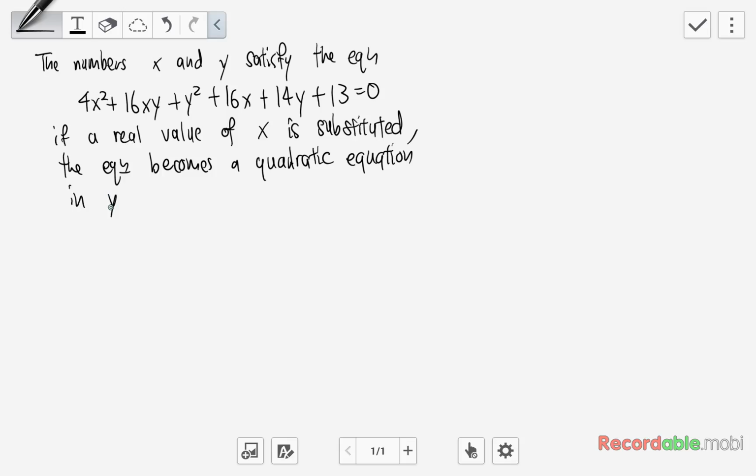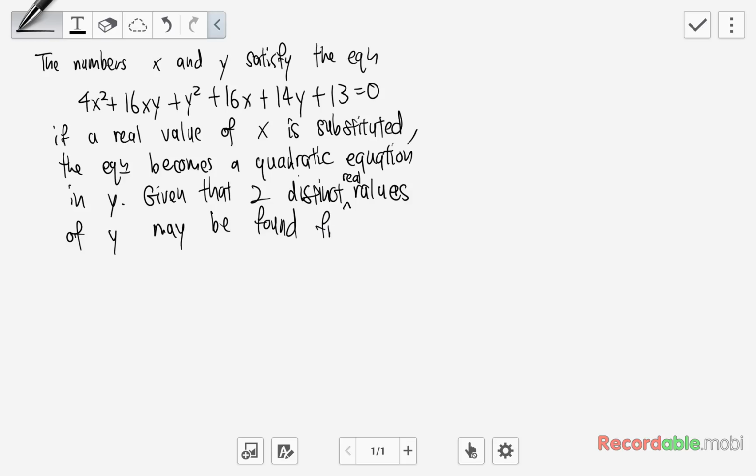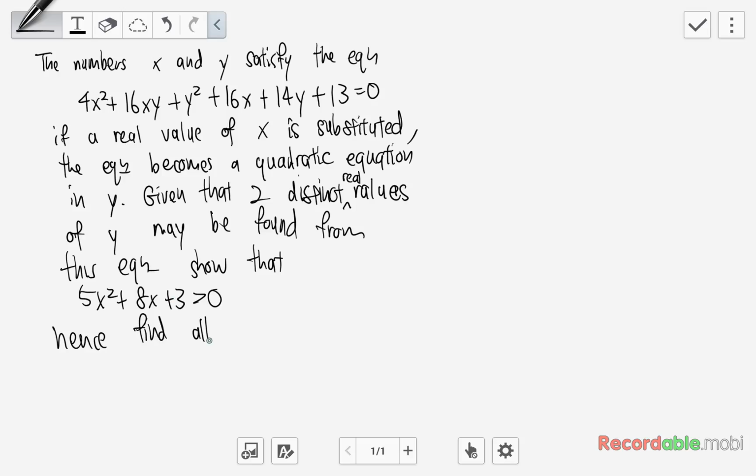A quadratic equation in y simply means that the highest power of y in the equation is 2. That means it's a quadratic equation. Now, given that two distinct real values of y may be found from this equation, show that 5x squared plus 8x plus 3 is greater than 0,